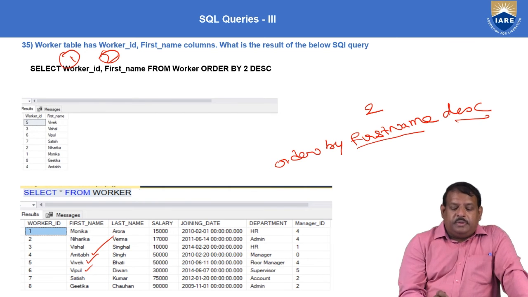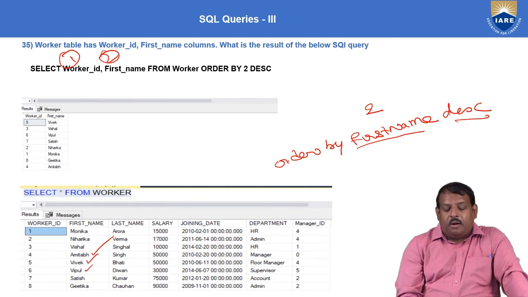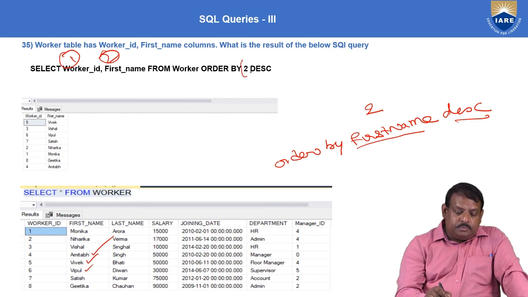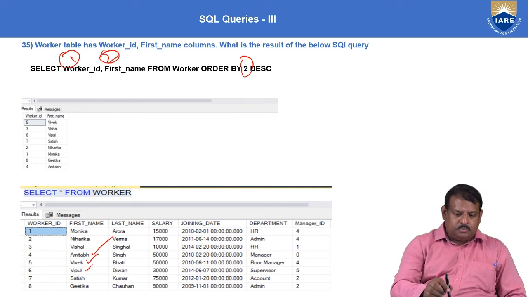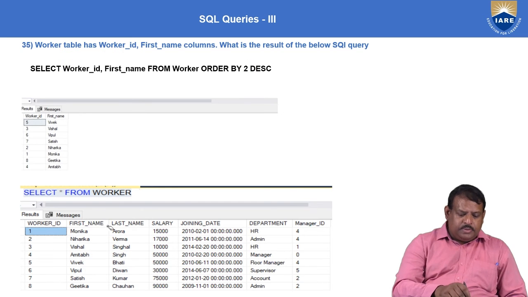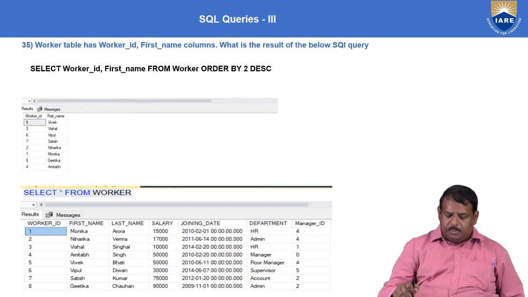Just remember, order by 2 means that this 2 depends on the column order in the select statement. This 2 is the second column.